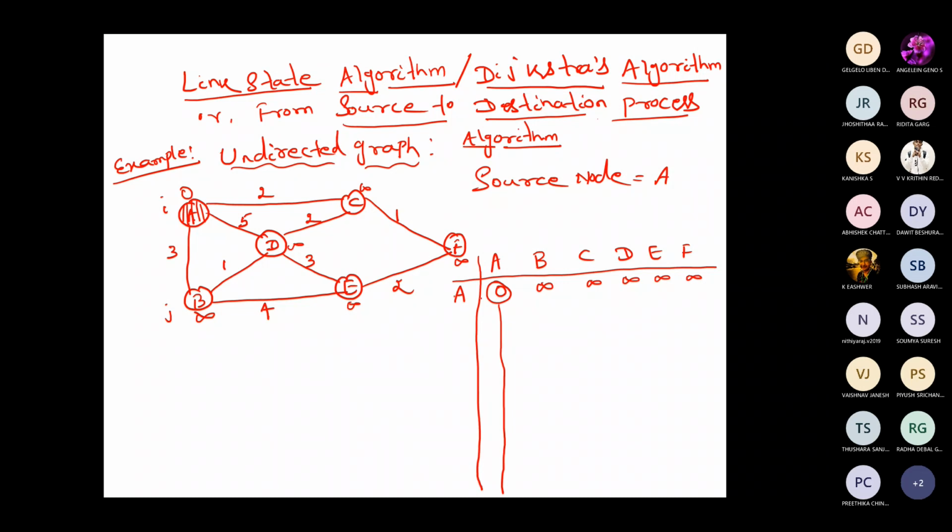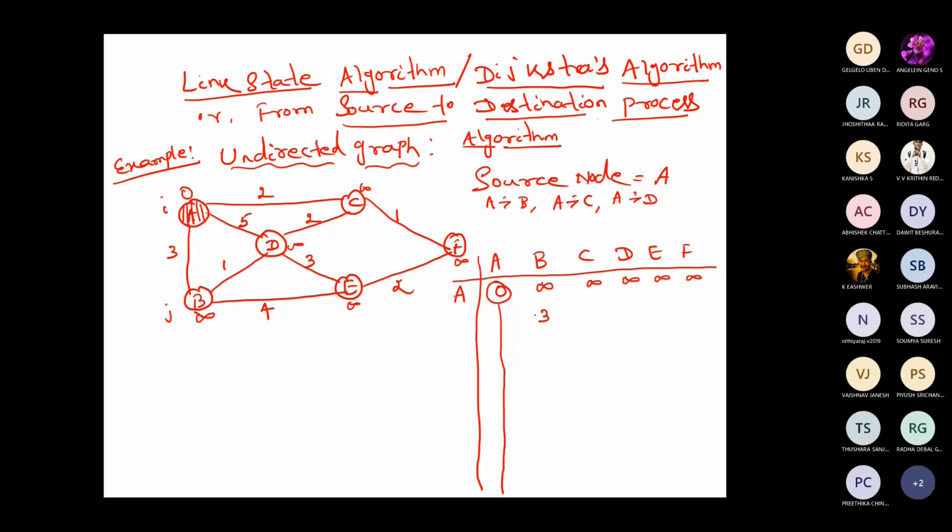Di plus Cij for entering the value of Dj, because that Dj value is less than infinity. So we have to update this. If it is greater than, we need not update, we have to take the previous value only. So A to B is 3. We are finding all the possible points from A to B, A to C, because these nodes are not visited. C, D and B are unvisited and they are connected to A. Then A to D we are going to update, because they are directly connected to node A.